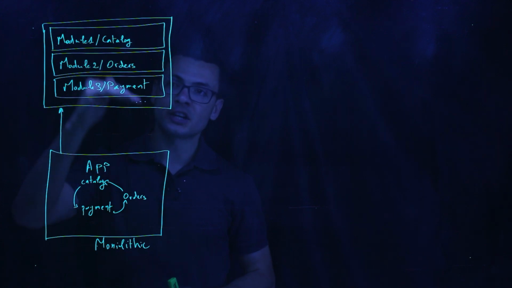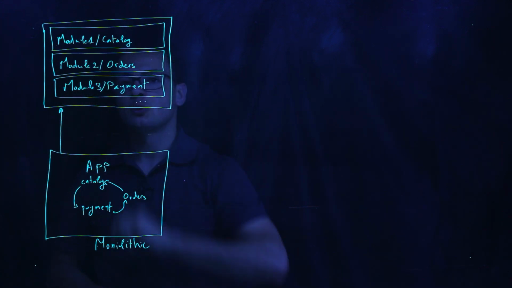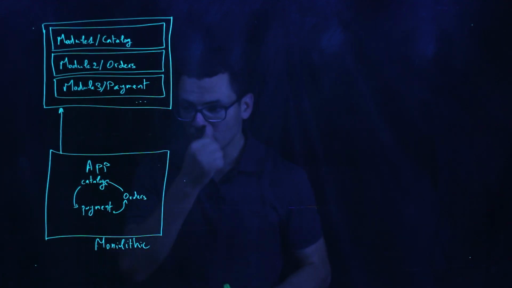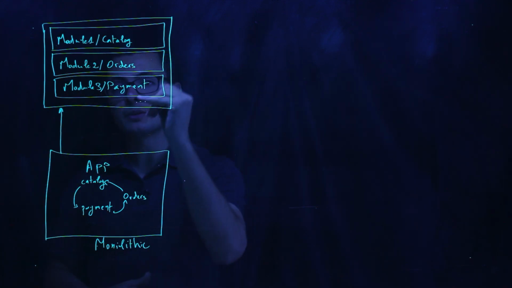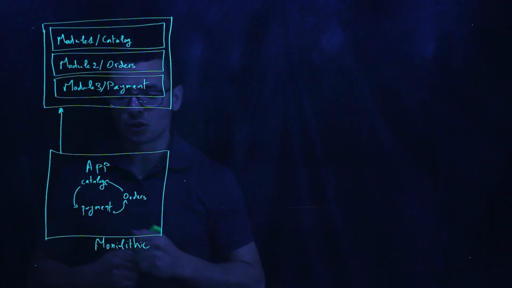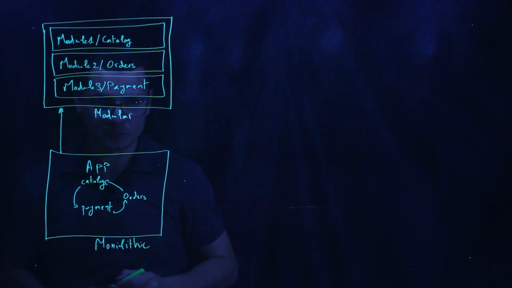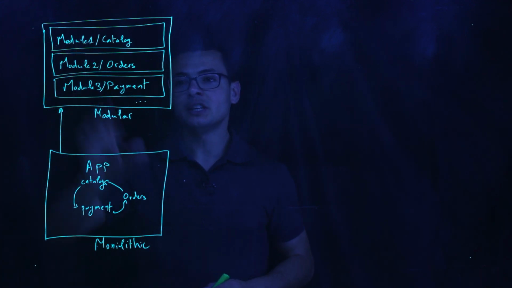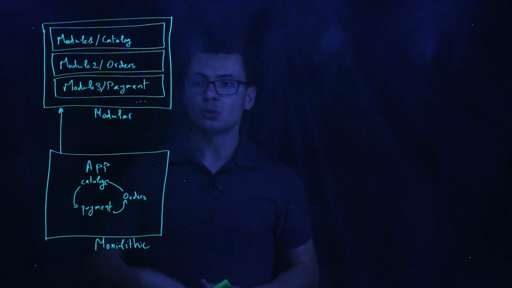So the code is more structured. If I'm looking for the class responsible for the payment, then I know where to find it. I go to the module responsible for the payment. So we started having some separation of concerns, or separation of responsibilities, with this architecture. This is what we call the modular architecture. Now it turns out that this modular architecture is not enough to make innovation faster and to deploy faster